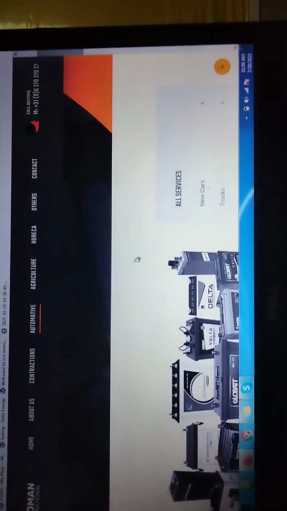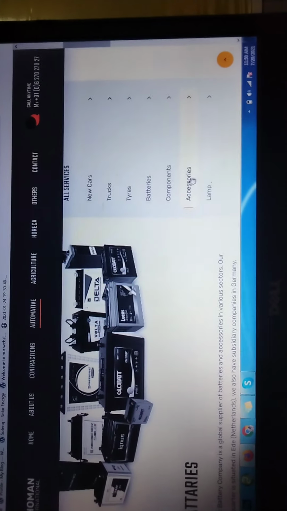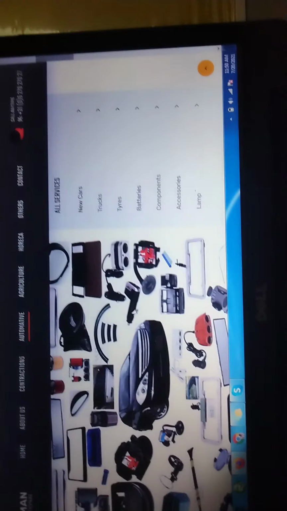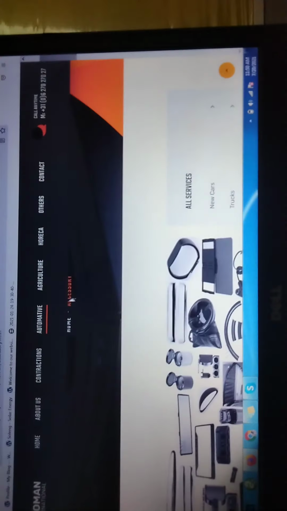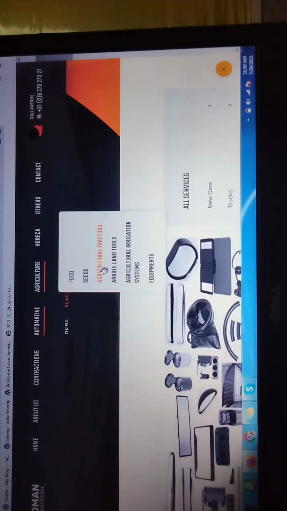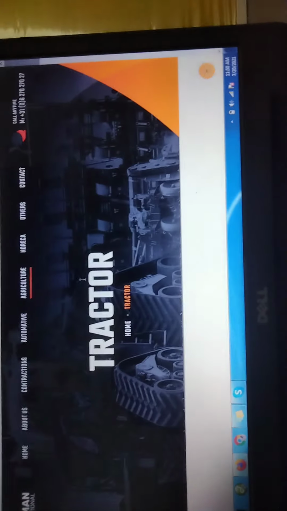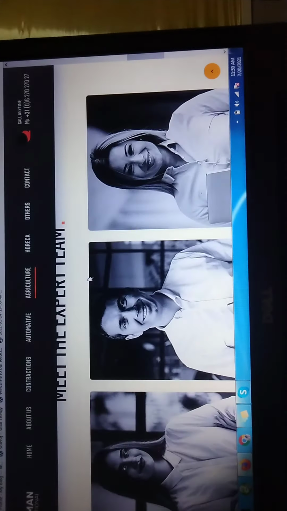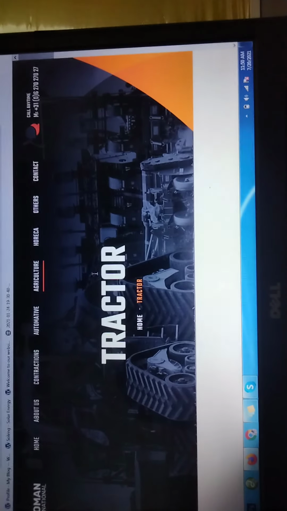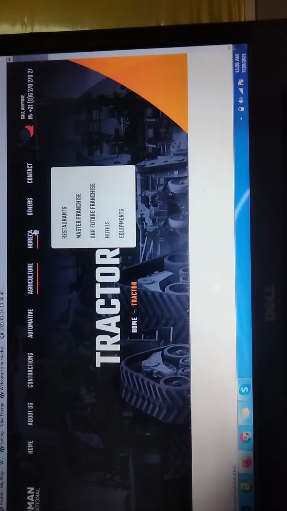Okay, if we want to switch to accessories, then we can go directly to the accessories page. We developed our pages integrated with each other. For tractor machines, we designed some images and everything on tractor parts. And this is our specialization team, who is working in this field in our company. And about the franchisee, we also set up a page: you send me all the information about the franchisee, I will update that.